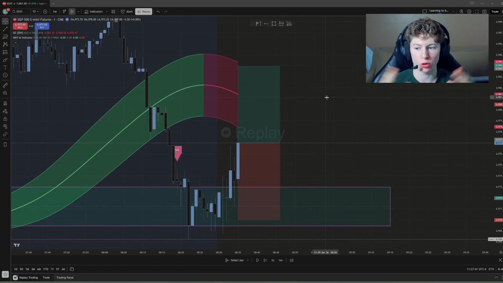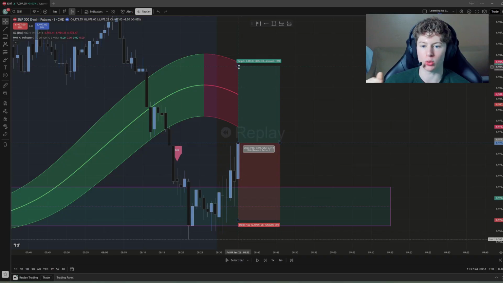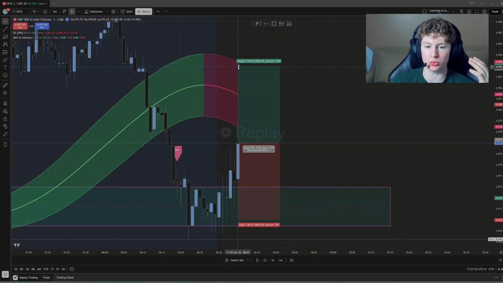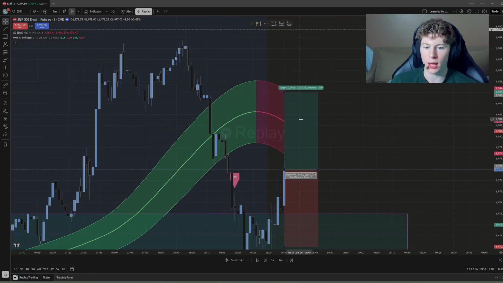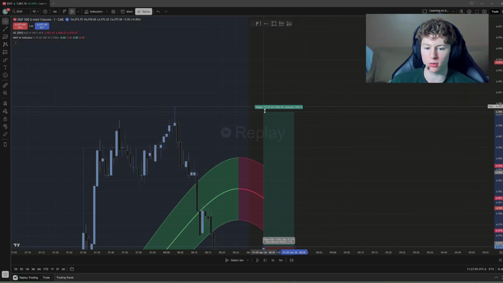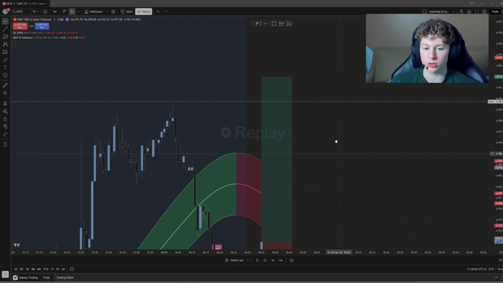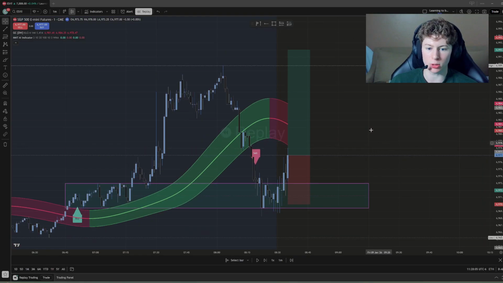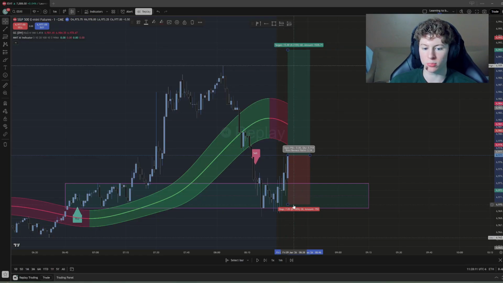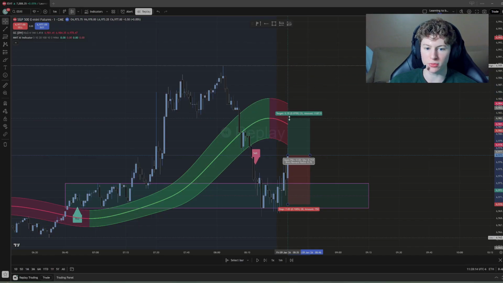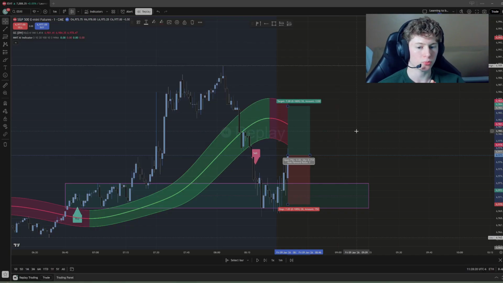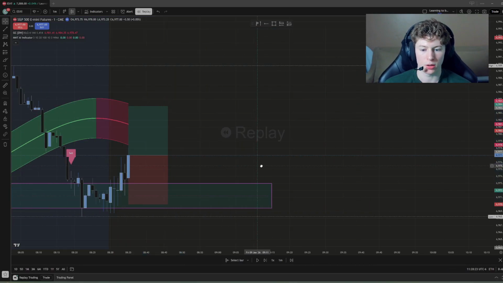Now, our first take profit is going to be a 1-to-1, so also targeting 7 points. What we're going to do, if we hit that, we're going to move the stop loss up to right here on a 1-to-1, and we're going to move the take profit up to 15, right? So this is going to be our regular TP stop loss. 15 points right here, target 15, and stop 7, right? And we don't move it to that 15 until we hit the first 7-point take profit. So once we hit this, we'll move to break even. Boom.